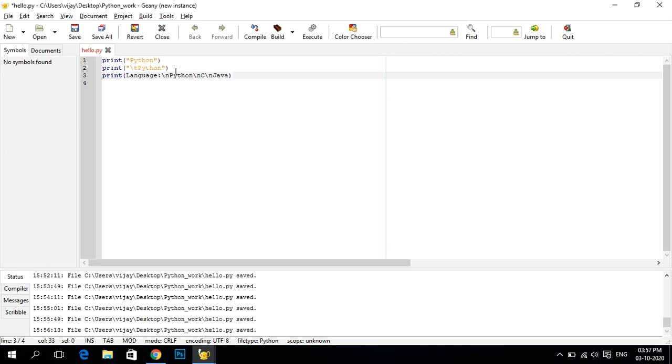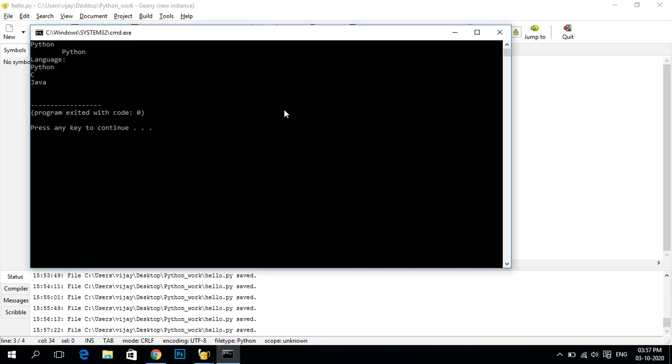Let's close this. Oh, we forgot the double quote. This is a common error, so make sure you are not making this mistake. Now I execute this by pressing F5, and see here. We used backslash t for Python, so it gives a one tab space, and when we used backslash n, it gives Python, C, Java, each on the next line.